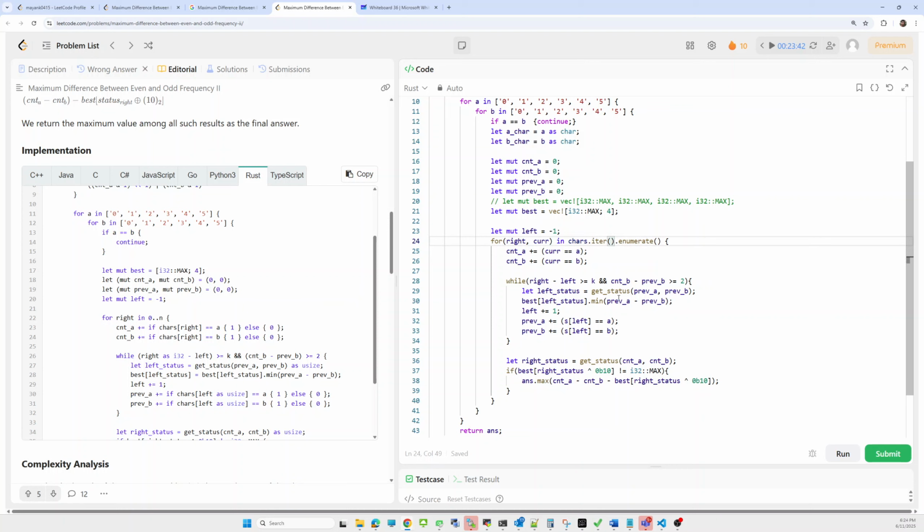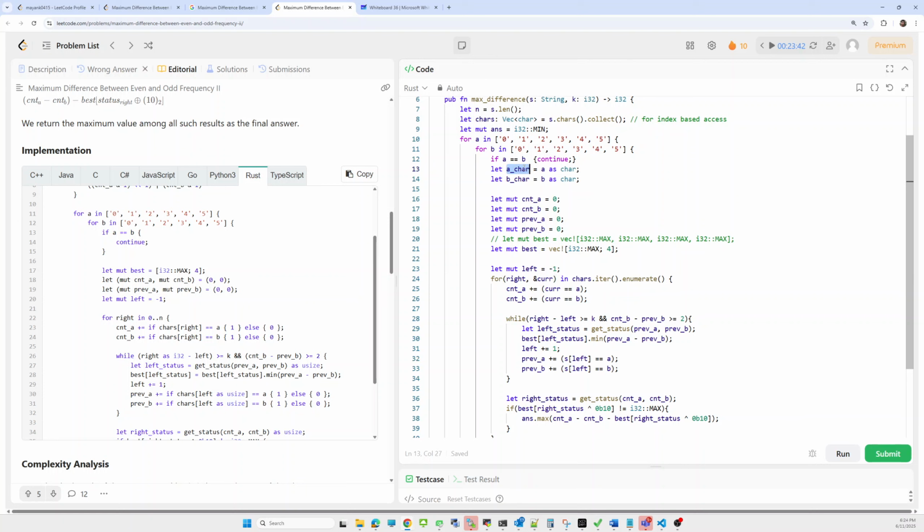From there I am getting the right, and the character pointer, taking it as a reference. Now the frequency count of a plus equal to it is character. Our current will be equivalent to a char, because we are using this as a char. So we have to use char.